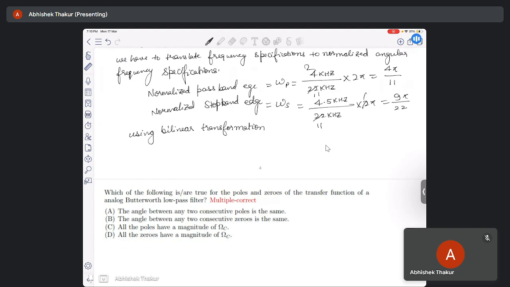The bilinear transformation here is given as omega is equal to tan omega by 2. Hence the analog filter specifications will be